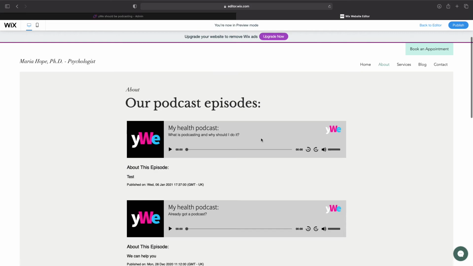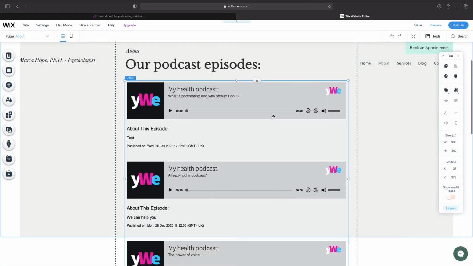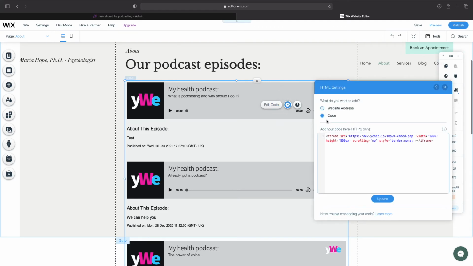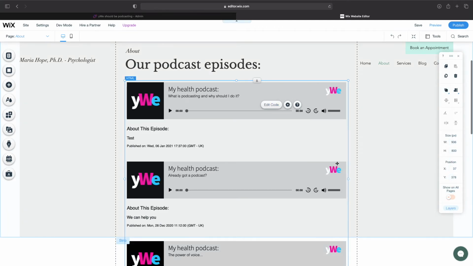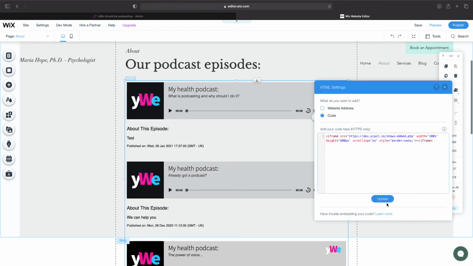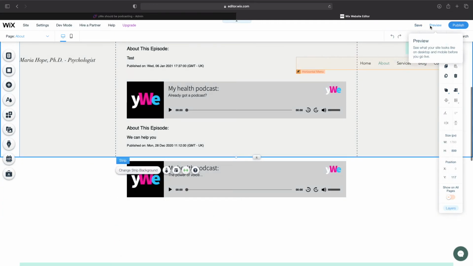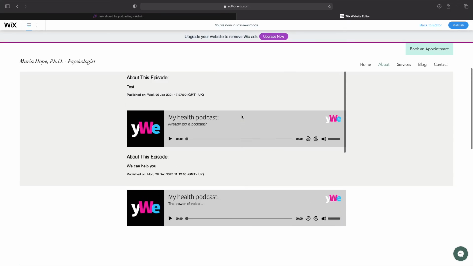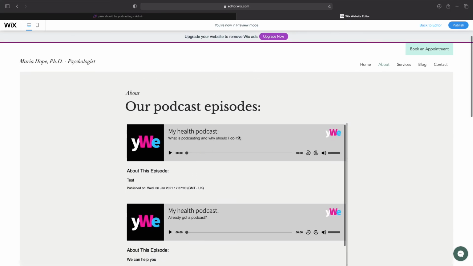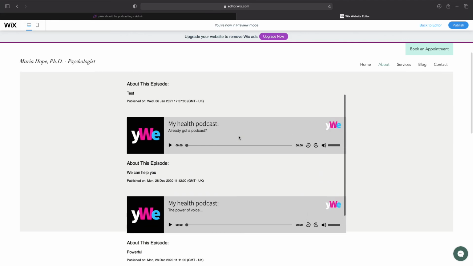In fact, it doesn't seem to be doing it on this specific Wix site. So there might be something we have to do to enable that. Let's have a look. Maybe not. Scrolling equals yes. Let's see if that fixes the problem. There we go. So now you can see you can actually scroll through all of the different elements in here,